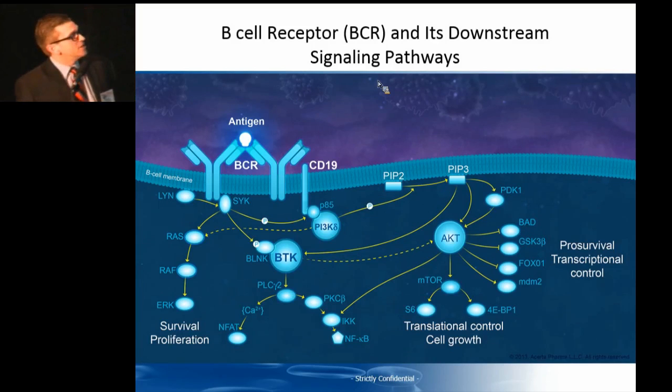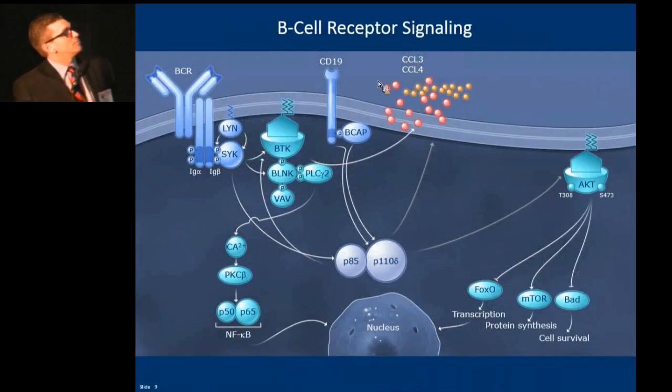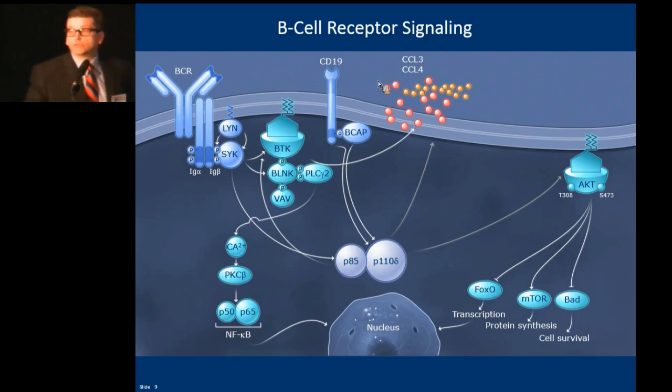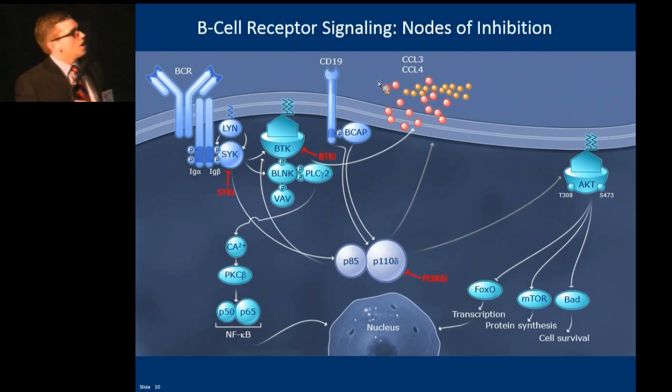But in addition to survival and proliferation, the B cell receptor has been shown to be very important in signaling to the microenvironment by secretion of chemokines CCL3 and CCL4, which are important for the recruitment of T cells and engagement of the CD40 receptor. In addition, it's involved in activation of integrins, so you see cell adhesion. So a number of